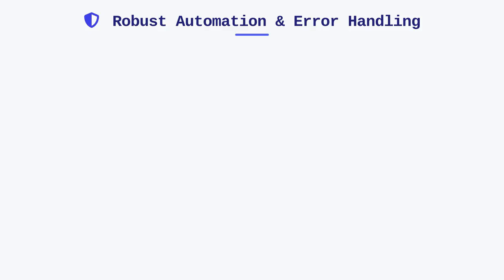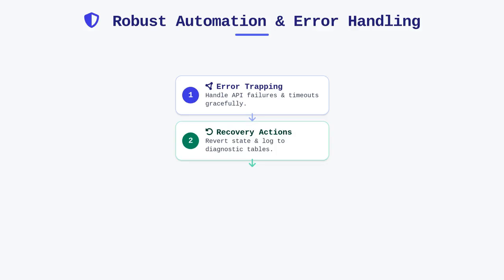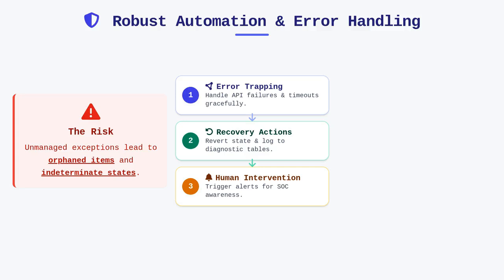Inevitably, even the most carefully designed automations will encounter runtime exceptions, which necessitates robust error trapping within our flow blocks. ServiceNow provides error handling blocks that allow us to define specific pathways for logic failures, such as a failed API call to a deployment tool or a timeout during an asset lookup. Using these blocks, we can gracefully revert state changes, log the specific incident to a diagnostic table, and trigger alerts for human intervention. Without explicit error trapping, a flow might simply hang in an indeterminate state, leaving vulnerable items orphaned